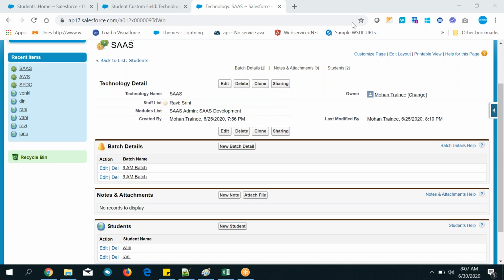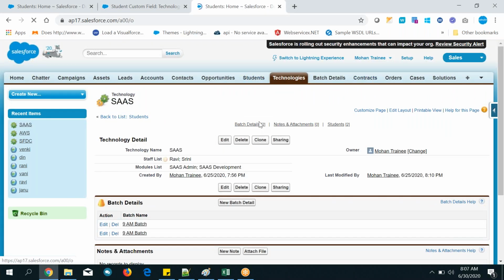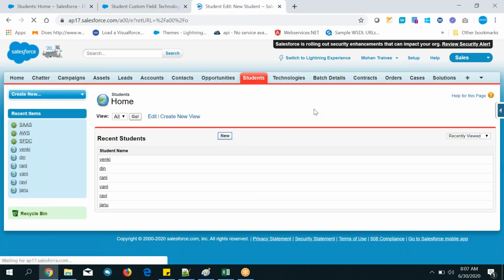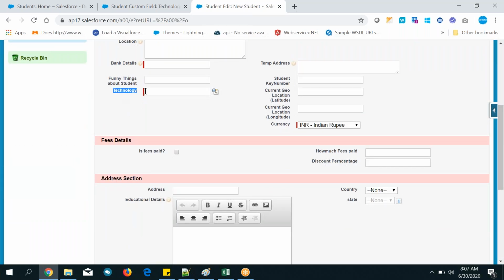What is that icon? Mandatory. It is mandatory while filling the data, while creating a student, right? So the master detail field is mandatory. Red icon. Required. That is the only difference you have observed, right?